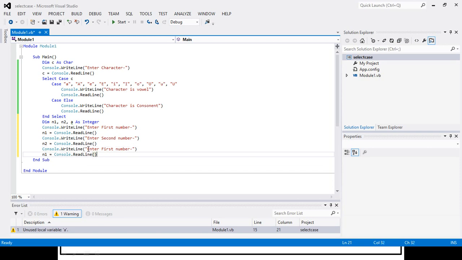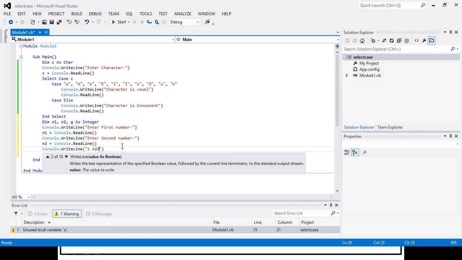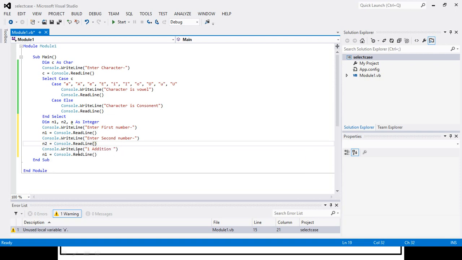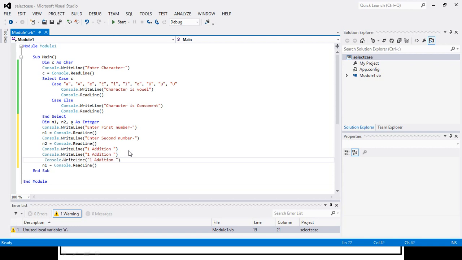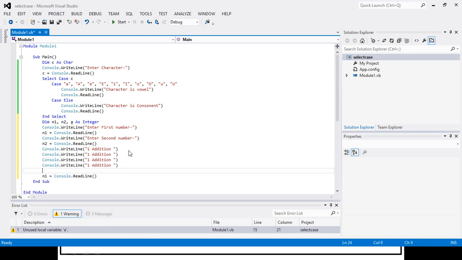So for that I will write 1 for addition, okay, in this way. So I will copy paste this for further choices, and fifth one will be exit.